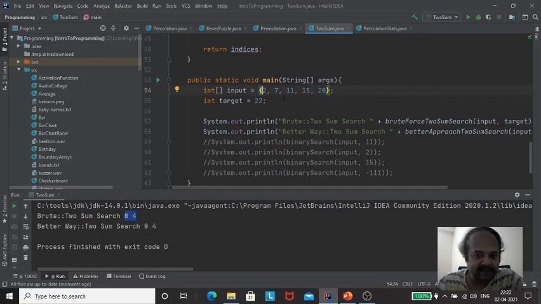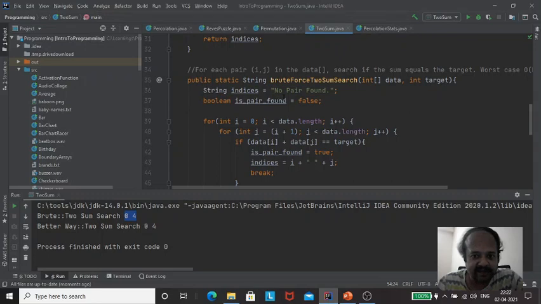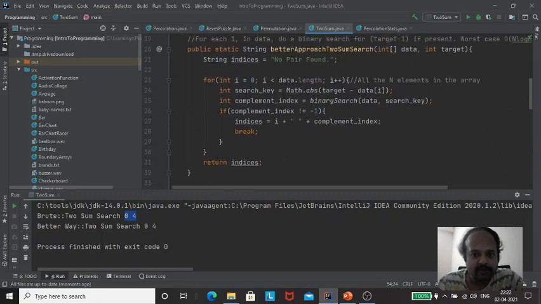And like I said, the two-sum problem can be easily generalized to a k-sum problem, right? So if you want to find the 3 numbers in an array which sum up to the target, you will be doing a double, nested iteration here, but the i plus j, the pair sum subtracted from the target, is what you will be doing a binary search on. So the order of n log n will turn into an order of n square log n in case of a 3-sum problem, and in general in a k-sum problem it will be converted into an order of n power k minus 1 and log n.